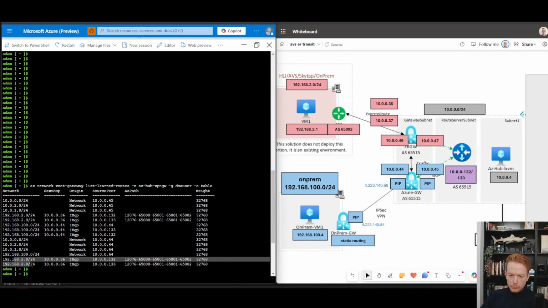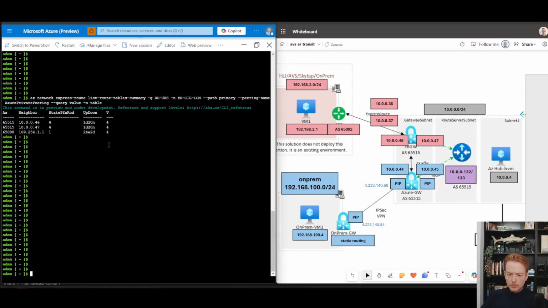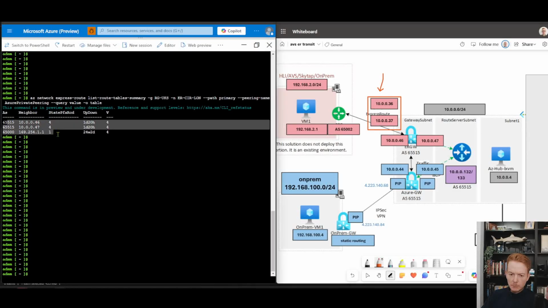But it's really the ExpressRoute bit where we want to zoom in and start unpicking the rest of the diagram. Okay, to add a couple more IP addresses to our picture, I've run this command on the ExpressRoute circuit itself. On my diagram, I've got a circuit here and on-prem here, and the circuit is connected to on-prem via BGP. This command is dumping the circuit and peering information from this area here. First of all, I'm having a look at what neighbors you've got. And we see we've got an on-prem neighbor,